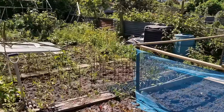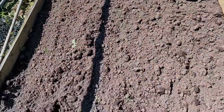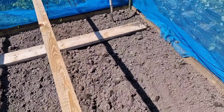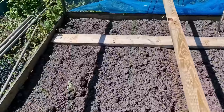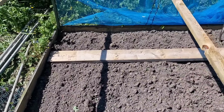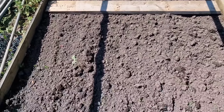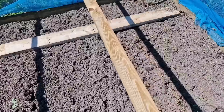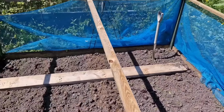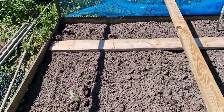As I said just before there, I spent a couple hours getting all the weeds out of this bed. So this is where the cabbages are going. Now last year I put some green manure, so there should be plenty of fertiliser in the ground from the green manure. I know there was cabbages there last year as well. But anyway, I'll stick some fish blood and bone down and what have you, and start getting them brassicas out